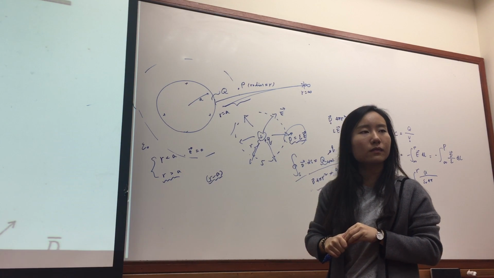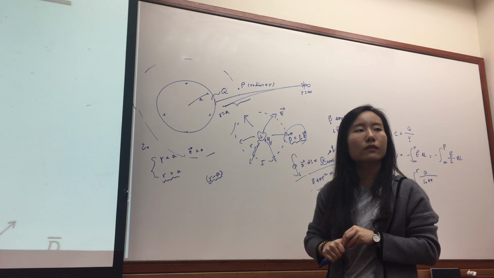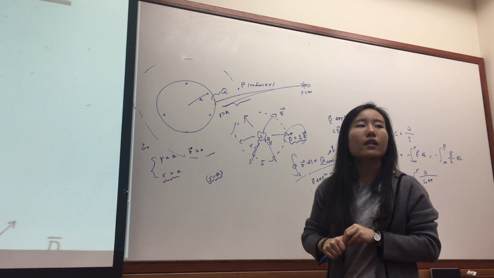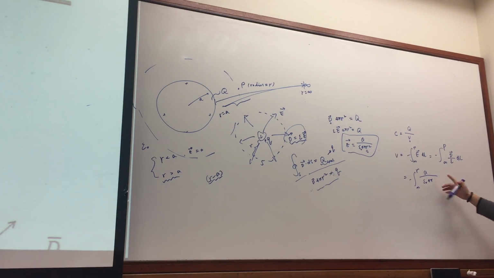But we have to find the voltage between point A and point R. No. Then how about V12 and this one? I said this one is an absolute value that is compared to infinity. So it's not compared to A. No, okay. So this one is Q over R squared. And this one is